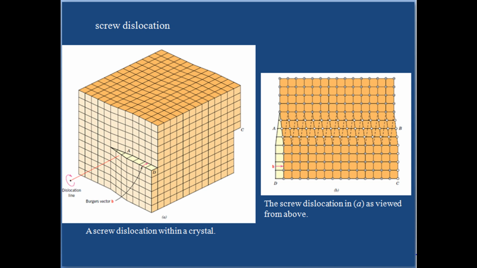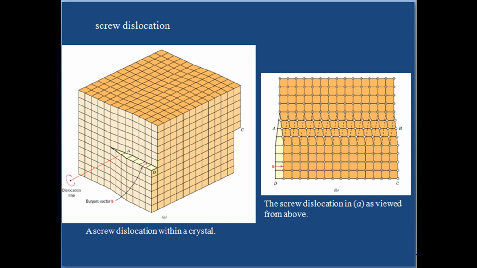In screw dislocation, it may be thought of as being formed by a shear stress that is applied to produce the distortion shown in figure. The upper front region of the crystal is shifted one atomic distance to the right relative to the bottom portion. The atomic distortion associated with a screw dislocation is also linear and along a dislocation line, and that line is shown in figure, that is line AB.